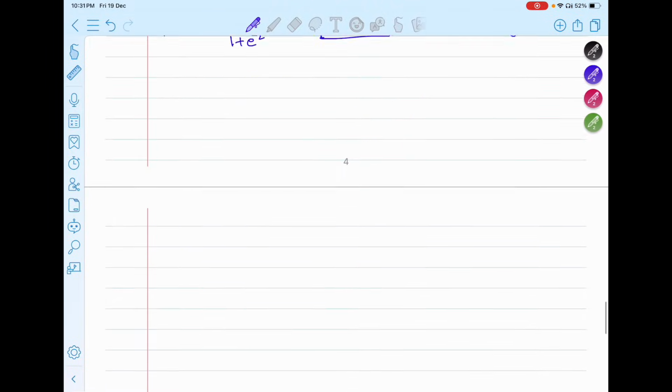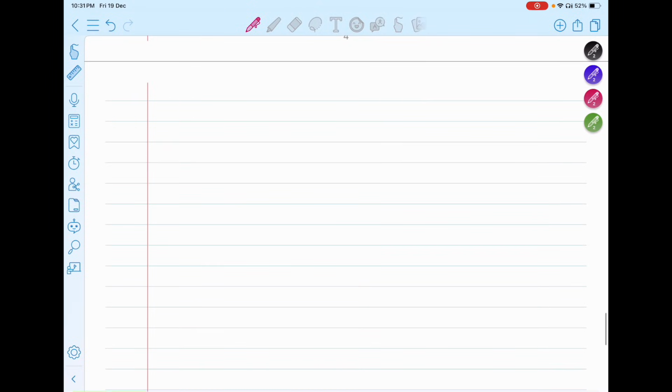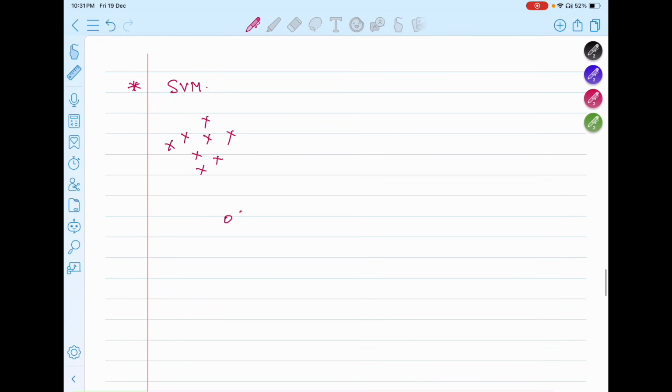Okay, so that is all about logistic regression. Now let us move to SVM. The idea about SVM is that, let's say you have some points here, and let's say you have some other points here. What you do in SVM is that you draw a line in between them in such a way